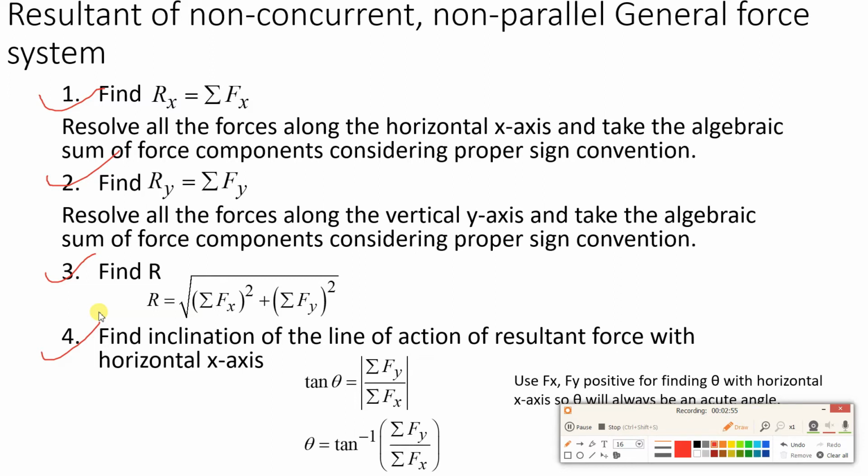Now this is non-concurrent, non-parallel. So both the steps of both the numericals will be included over here. So first we have seen concurrent part. Now we'll go to parallel part. In parallel part, what we used to do, we took moment about a point and then we used Varignon's theorem. So now after step number 4, next step will be